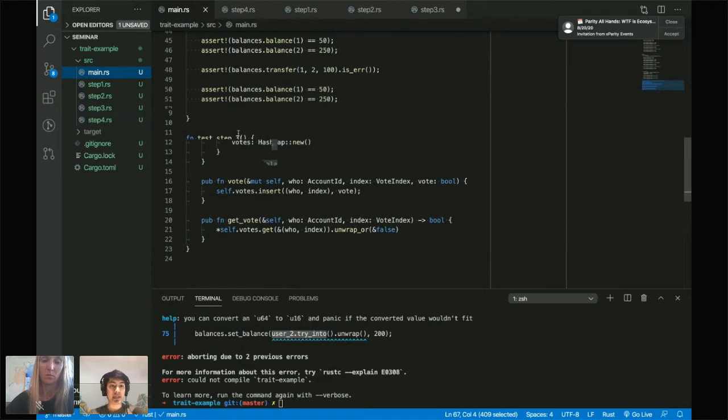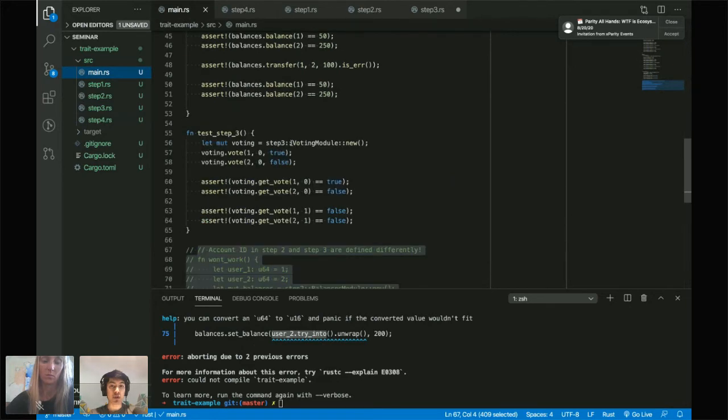So instead of saying VotingModule::new, I actually here would define my traits. So I would say here, I want AccountID. Let's actually just do this here.